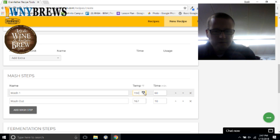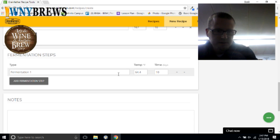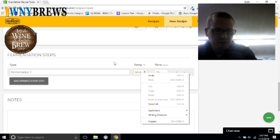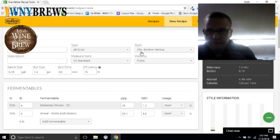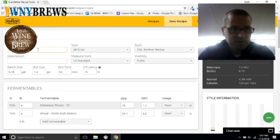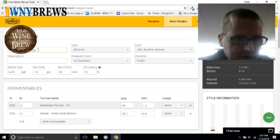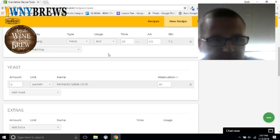What do you want to mash it at? Yeah, 149, 150 sounds about good for a Berliner Weiss. We want to keep it nice and dry, not a stout or porter flavor thing. And then let's keep the fermentation at 64, which sounds fine too. So then we have our Berliner Weiss here. We could actually name it something else. You would never know. This isn't exactly a Western New York Brews Berliner Weiss. It's 4.2, similar, but I just changed